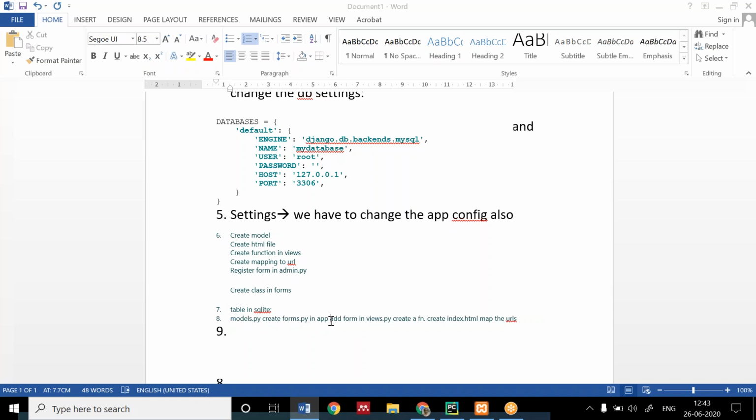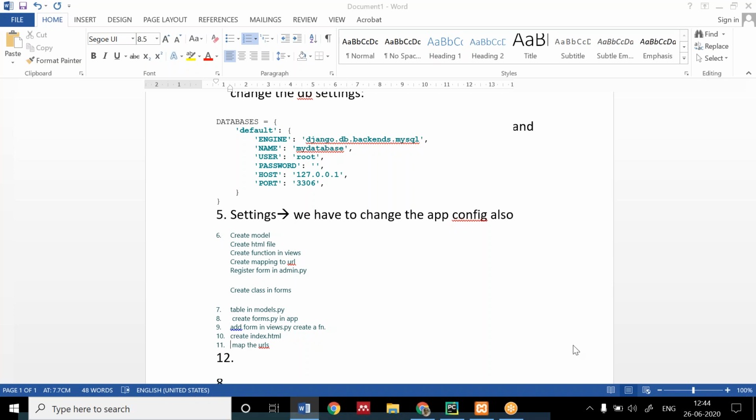Okay, table for any database. Create forms in app. Add forms in views.py, create a function, create index.html. Okay.